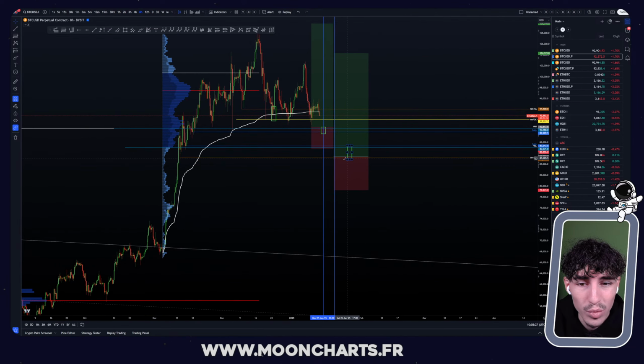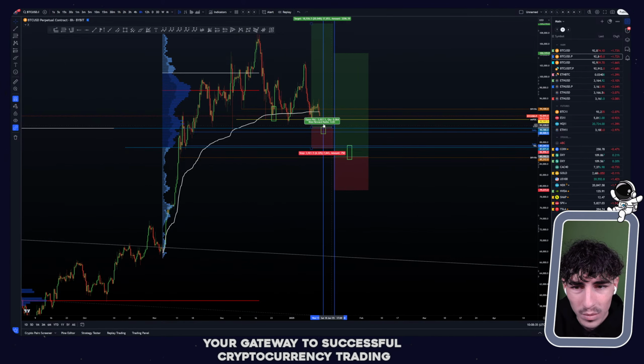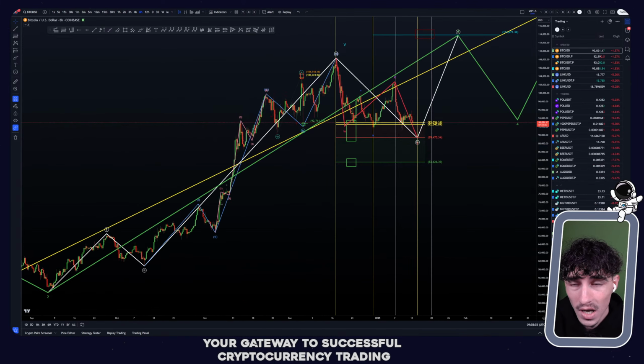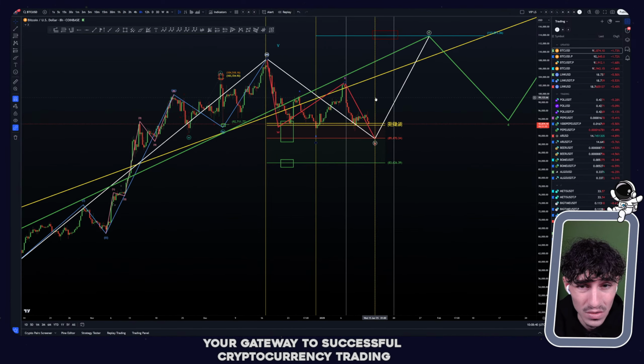We'll have to break this support and not hold this SFP level of failed auction here. If we do break this swing failed auction, then yes, we can look for this lower target, but for now we have these two targets below. And again, with the wave, we have planned some dates also here, the 15th of January and the 20th of January. These are the two next dates for the possible wave for bottom, so we have planned this around there.